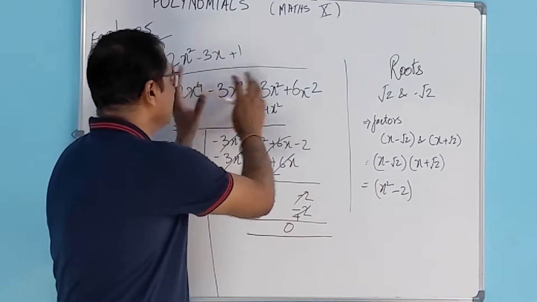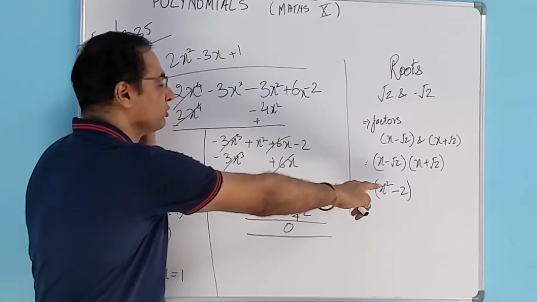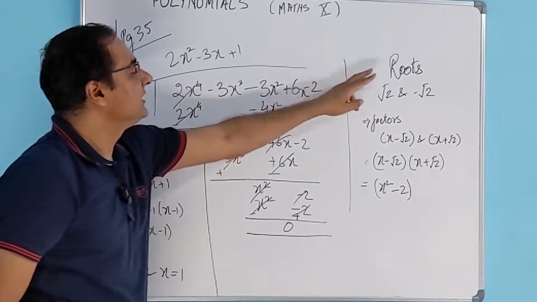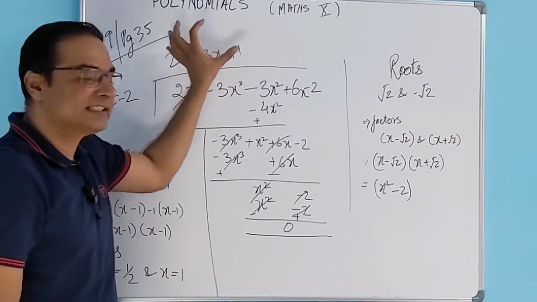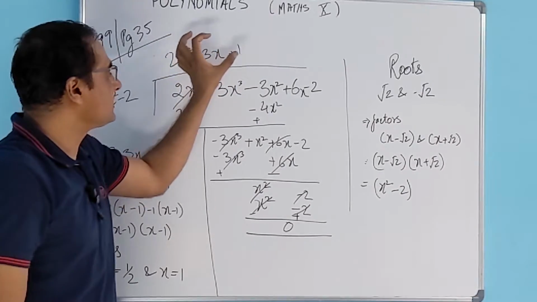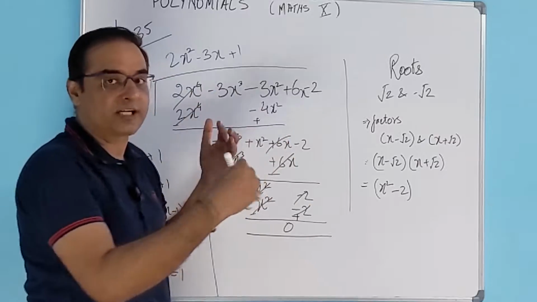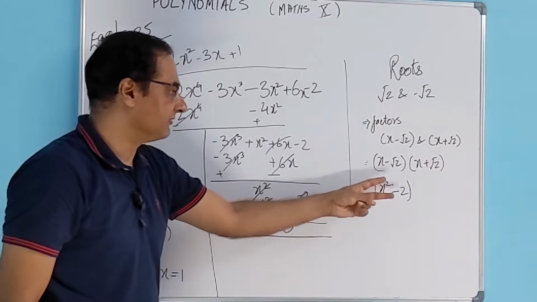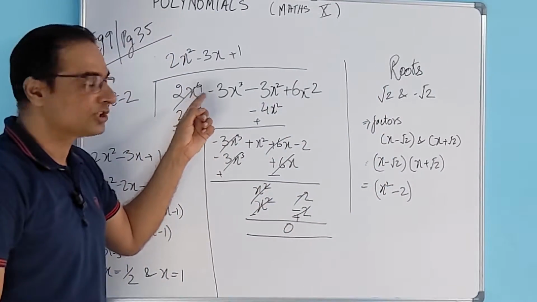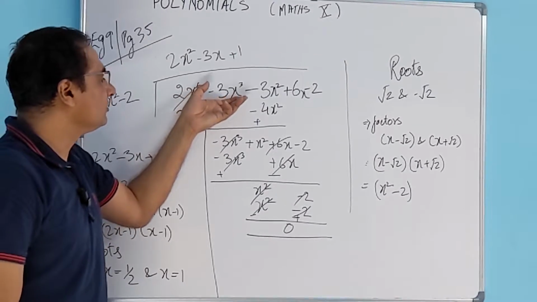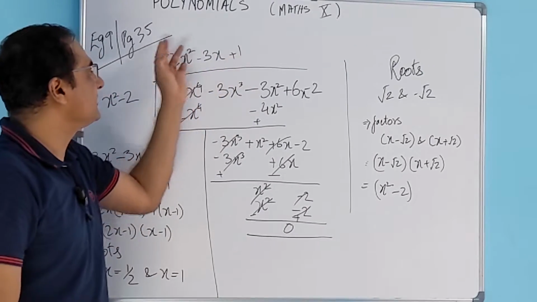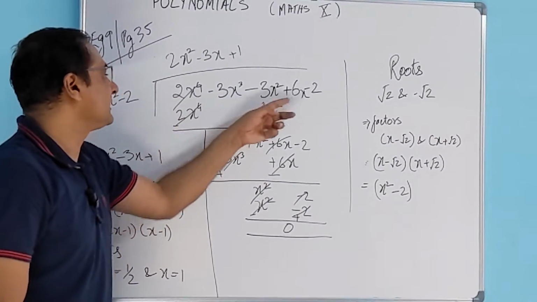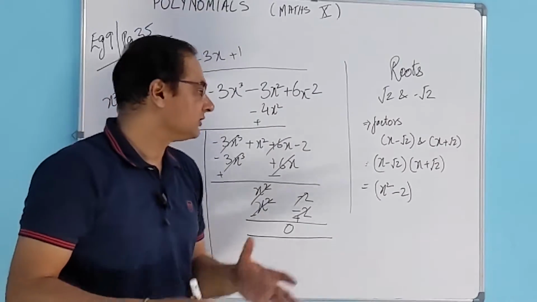Once we divide this polynomial with these 2 roots' factor, we are going to get a quotient. Now this polynomial had 4 roots, these are the 2 roots, we divide by this, and whatever is left is the quotient. This quotient is again going to have 2 more roots. So try to understand that in simple terms. This polynomial can have 4 roots, 2 of them are already given, and we are dividing by those 2 roots or those 2 factors. So 2 roots are already used. What is left with this term? This can have only 2 more roots, or 2 more factors, so that there will be a total of 4 zeros. So let's go about it.